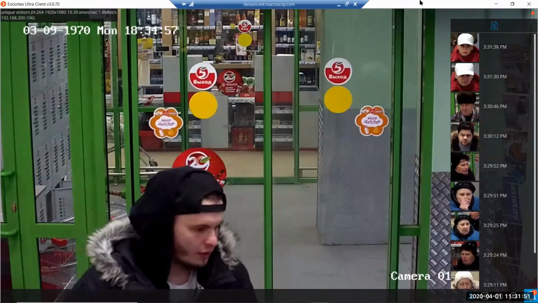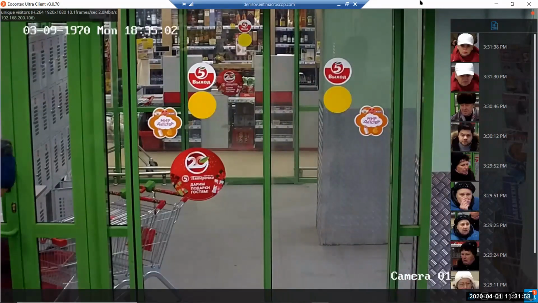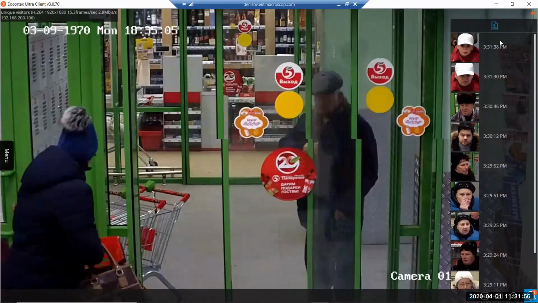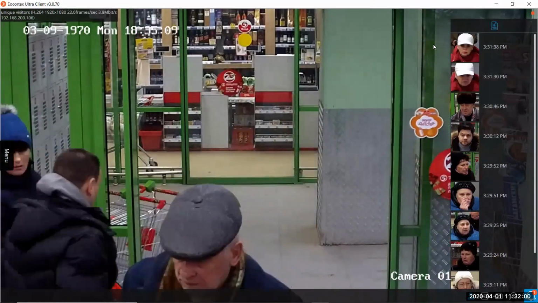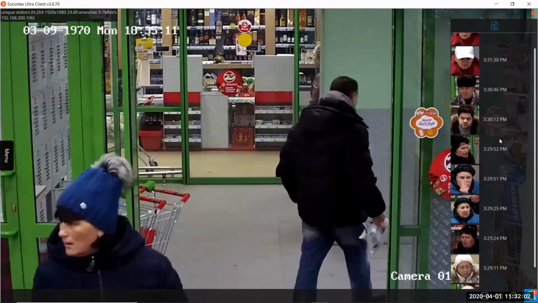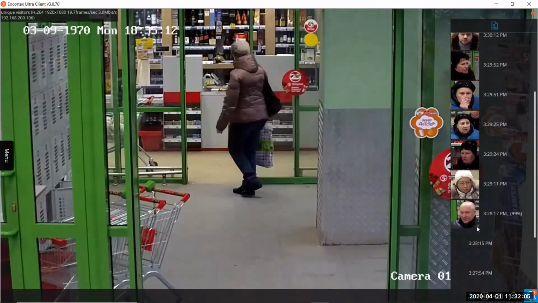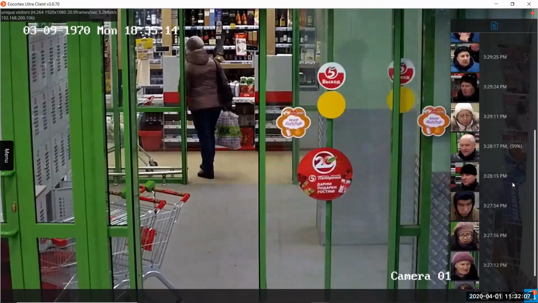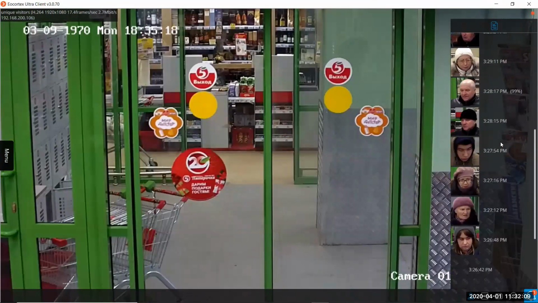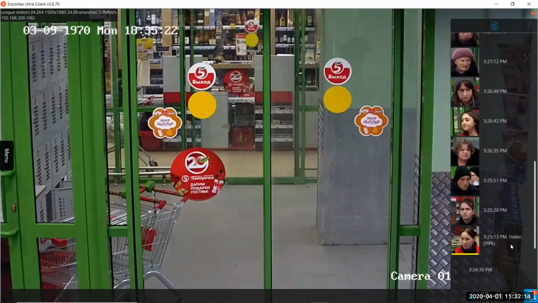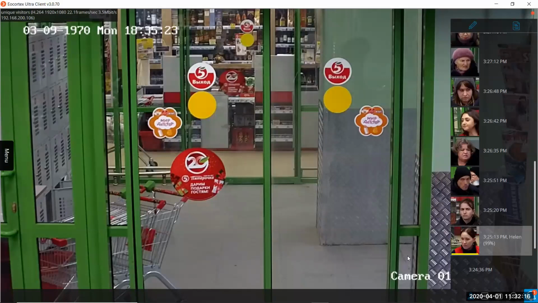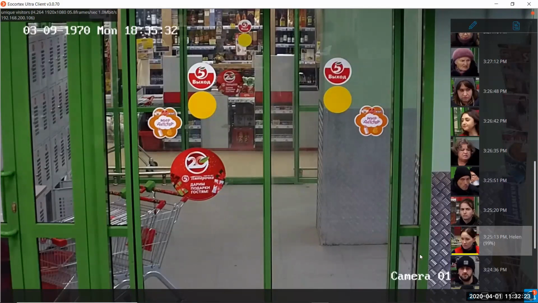So right here, we can see just the view of the camera, and on the right, we can see the list of detected people. If the person that was detected is from the database, so you added him, for example, we can see not only the time of the detection, but also the name of this person, and the group color.